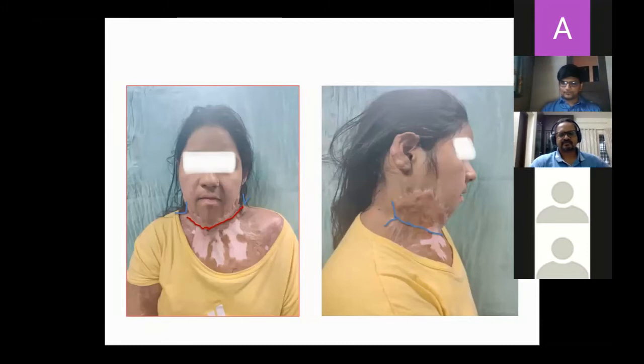Okay. If the patient is wearing this kind of attire, with this kind of t-shirt and this kind of dress, how will you mark your incision in this kind of case? How will you camouflage the scars over the chest?